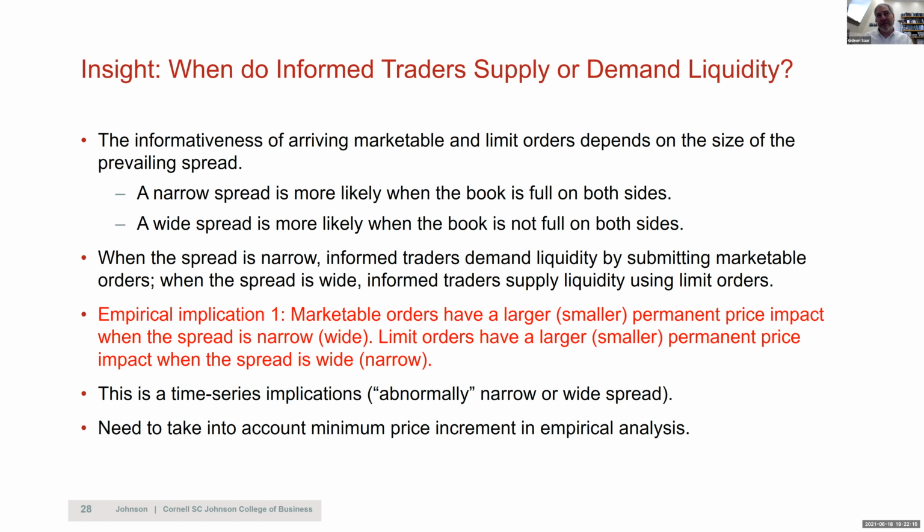And another thing, if you want to test that empirically, is that, of course, we have a continuous price grid, and many markets have a tick size. So you need to take into account that that will introduce some patterns. If the stock is traded at a spread of 1 tick, nobody can undercut, so that's by definition a full book. But if you're using the spread size, there's still going to be misclassifications.